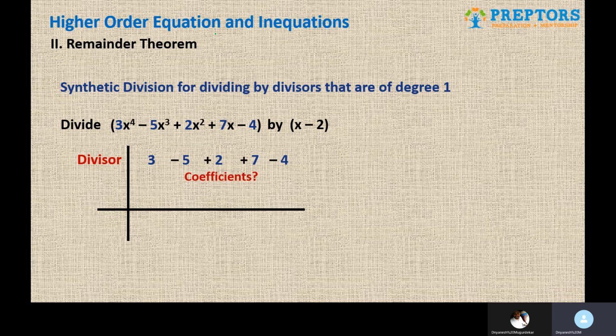Then divisor x minus 2 is the divisor. You are going to equate that with 0. So when you equate x minus 2 to 0, you get x is equal to 2. The simple trick that you can remember here: if the sign is minus, minus 2, you are going to take plus 2 here. Just remember like that. If it is plus 2, you are going to take minus 2. Then the first number as it is, copy, paste.